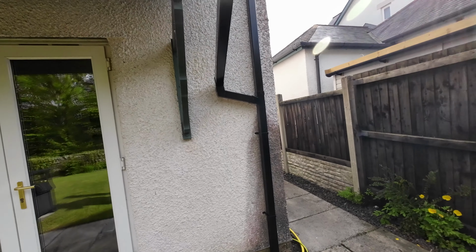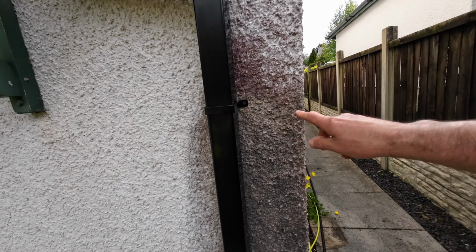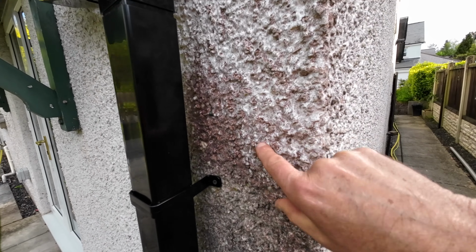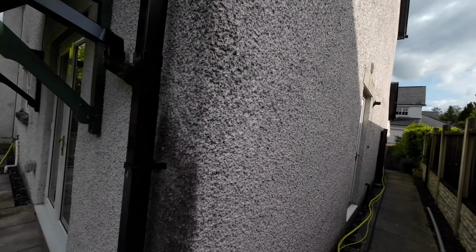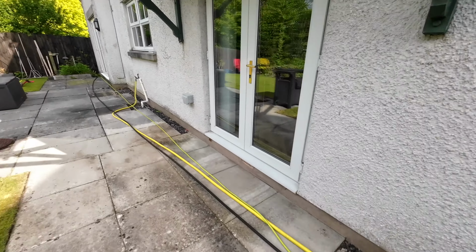Good morning. Today we're in Kendal. I'll show you the stain in here. So here you can see the pink. Got this gable end to do, and